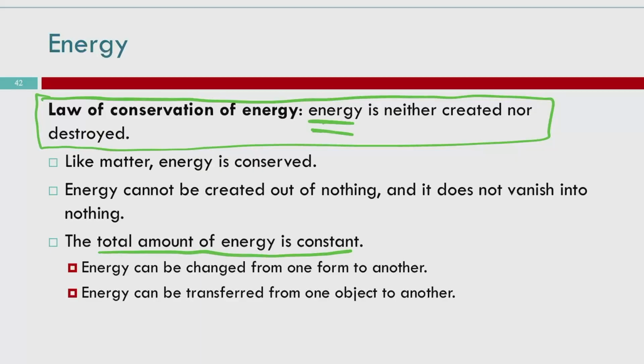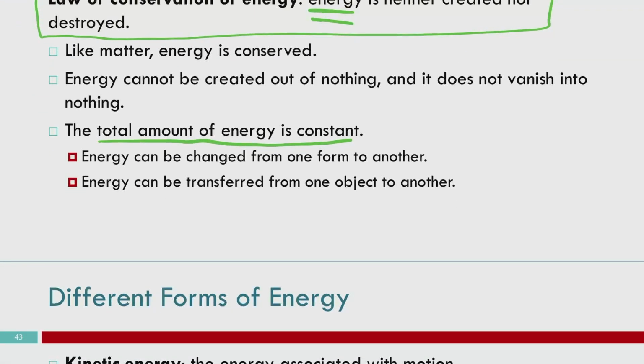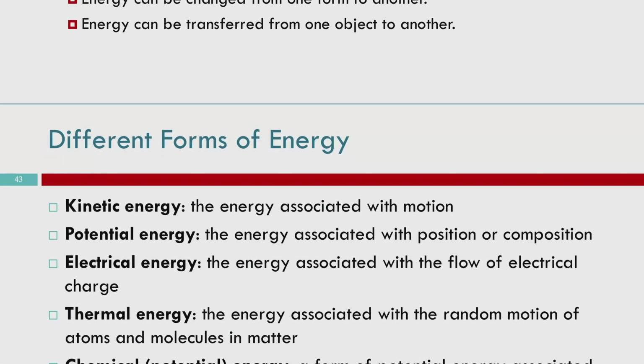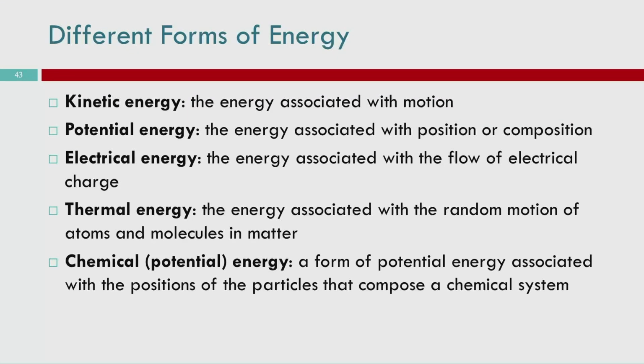But one thing that we can do with energy, sort of similar to how we can change mass into other things, like we can change solids into gases and then the gases go away, is that with energy, we can also change between different types of energy. We'll talk about the forms of energy. I think it's the next slide. And there's also the ability to transfer energy. So here are a couple of forms of energy. We got 5 forms here. Kinetic energy,